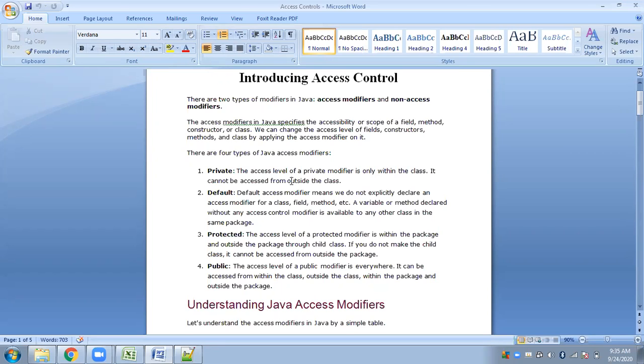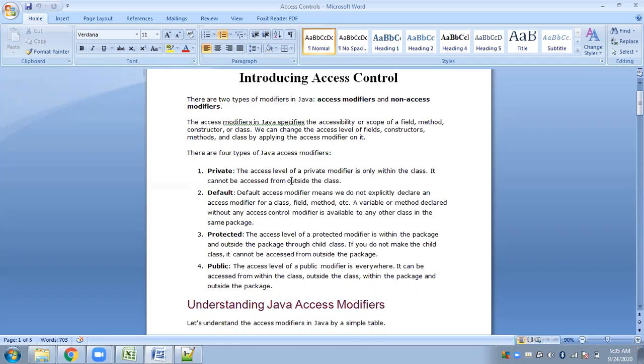Whenever inside the class you have any member declared as private, be it a variable or a method, that particular method or variable can be accessed only by the methods of that particular class, only from within the class.